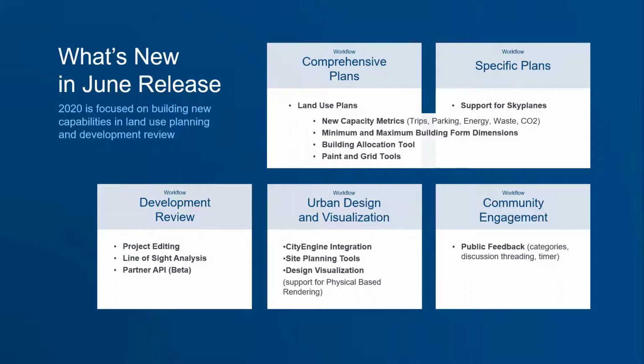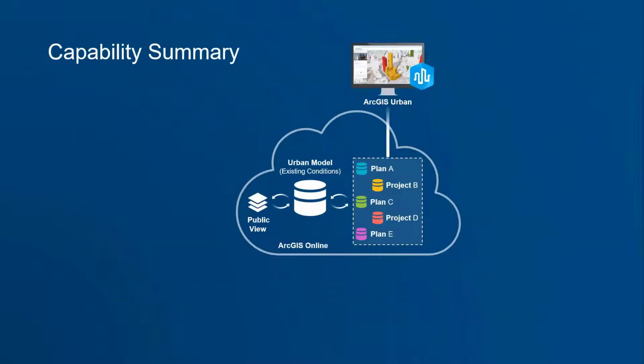So I also wanted to talk a little bit about the broader capabilities that come with ArcGIS Urban. Of course, it's a system of record for zoning and land use regulation and captures project activity across the city, and that's all exposed through this web-based application we've been showing you throughout this webinar. But it is part of the larger ArcGIS platform, so it can be expanded, and we can expand its capabilities